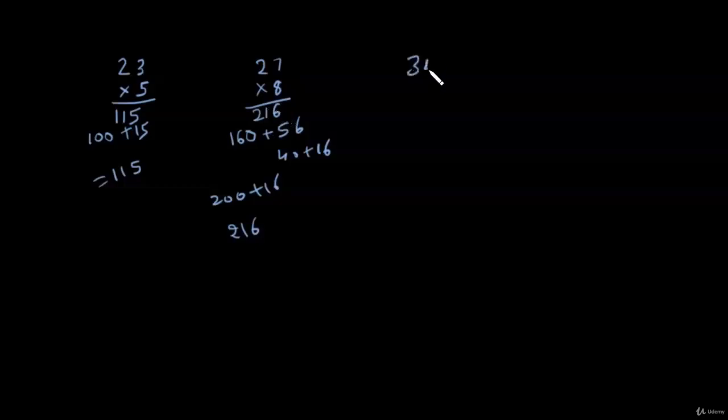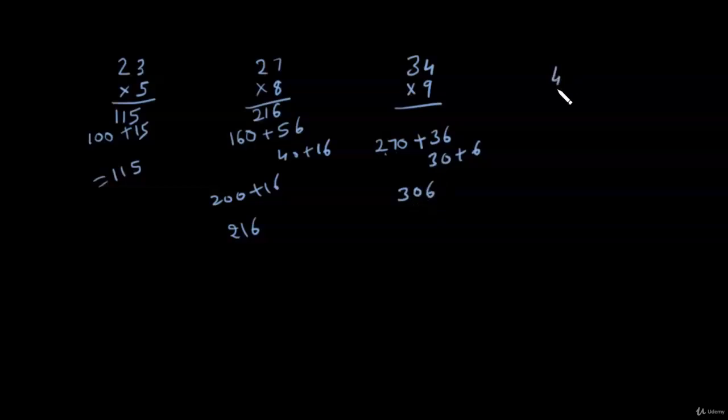Now consider 34 times 9. 9 multiplied by 3 is 27, but this is not 3, this is 30. The place value of 3 is 30. So 9 multiplied by 30 is 270. We will keep this 270 in brain for some time. And 9 times 4 is 36. So we will add this 36 to 270. Now 270 plus 36 is 306. We can split this 36 into 30 plus 6. 270 plus 30, that is 300, plus 6. So this is how we will write the answer faster.